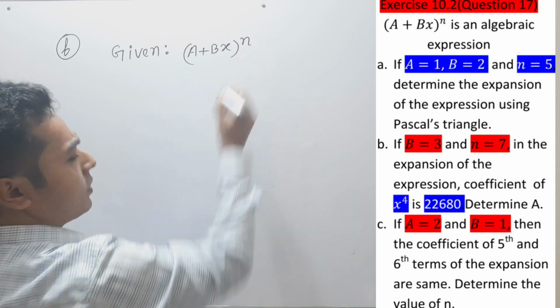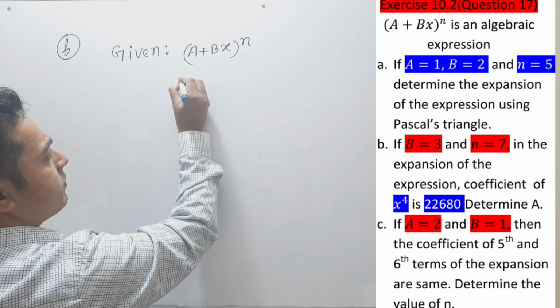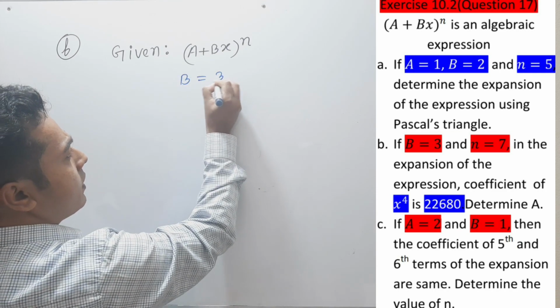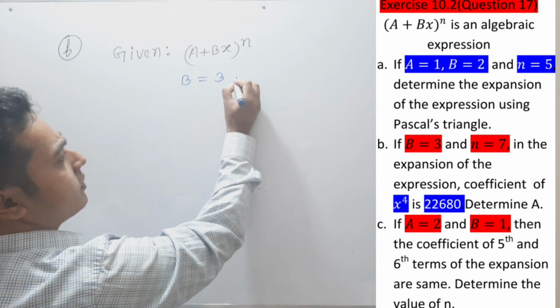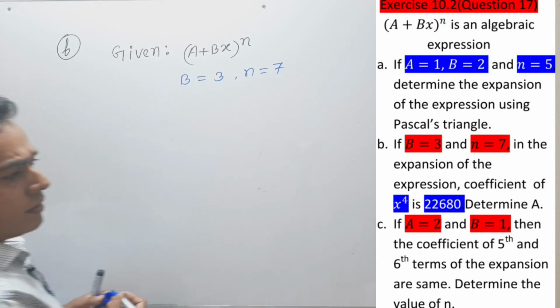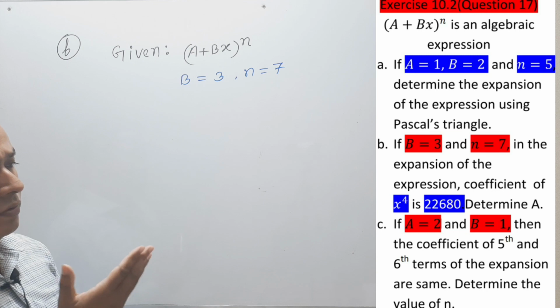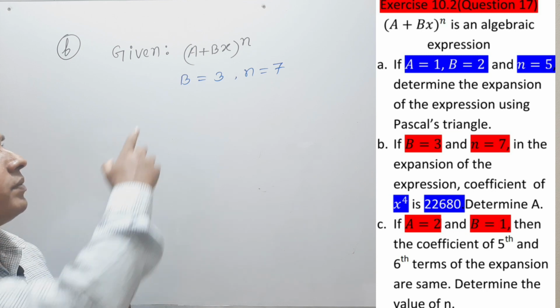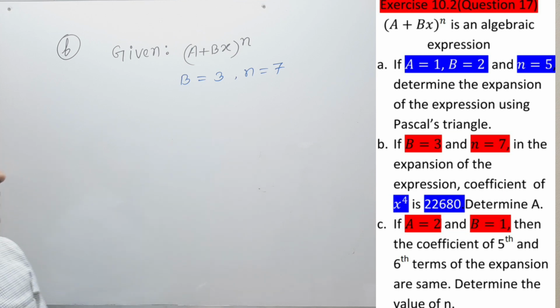Here b is equal to 3 and n is equal to 7. Then the coefficient of x to the power 4 is given. We have to find the value of a. After replacing these values in the binomial term, then